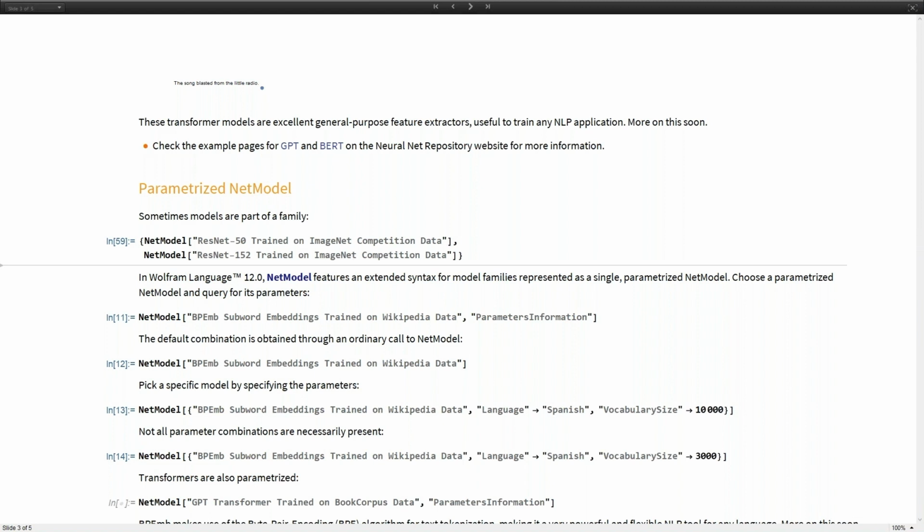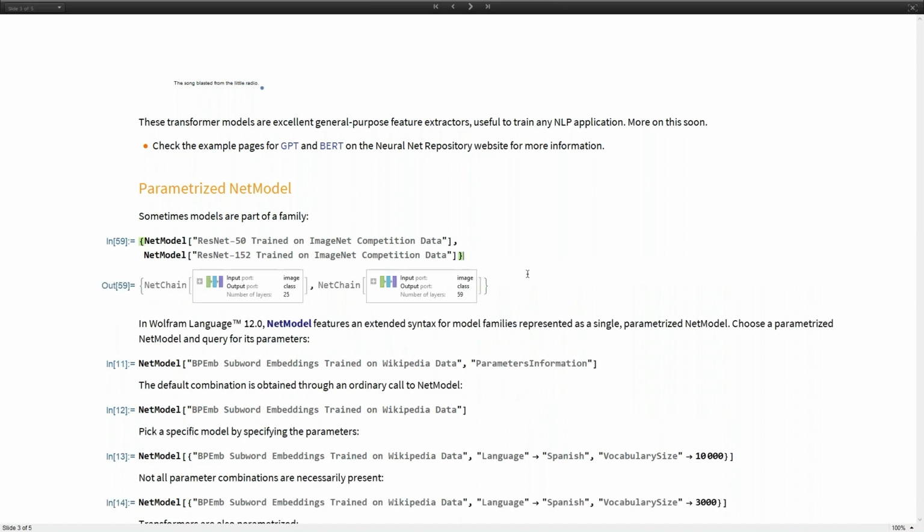So, for example, this is a new model for 12, which is parameterized, and you can query for its parameters using this syntax, parameters information. You will get this nice dataset. This means there are 3 parameters whose names are language, vocabulary size, and dimension, and you can see the allowed values and the defaults.